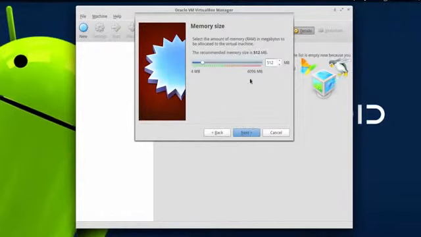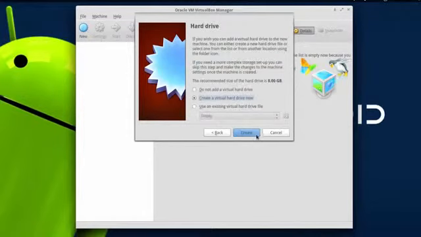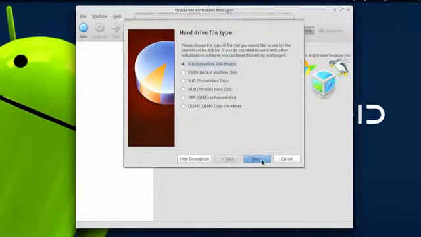Hit on next, and then here you'll have to specify the amount of RAM. I usually set the bar at the very high end of the green mark over here. Just make sure you don't enter into this red zone over here, and the minimum amount of RAM that you can allocate is around 512 MB. So once you have specified the amount of RAM, hit on next and then hit on create, hit on next,